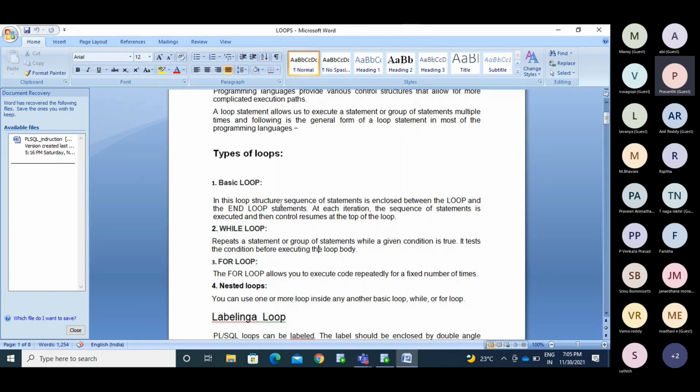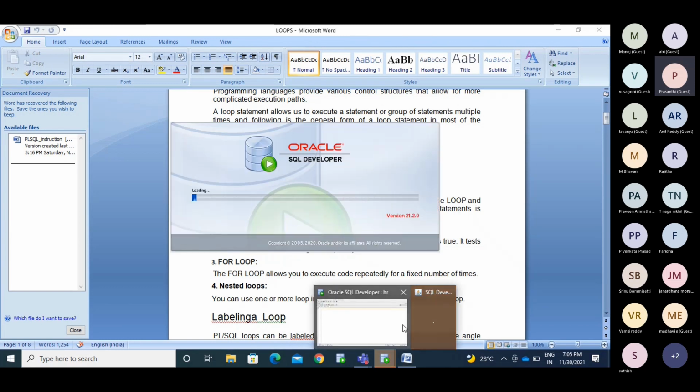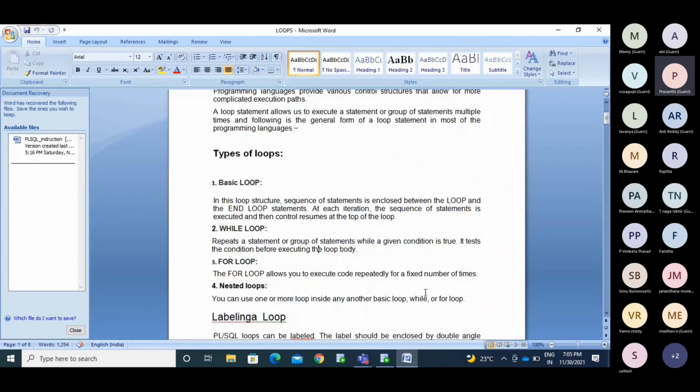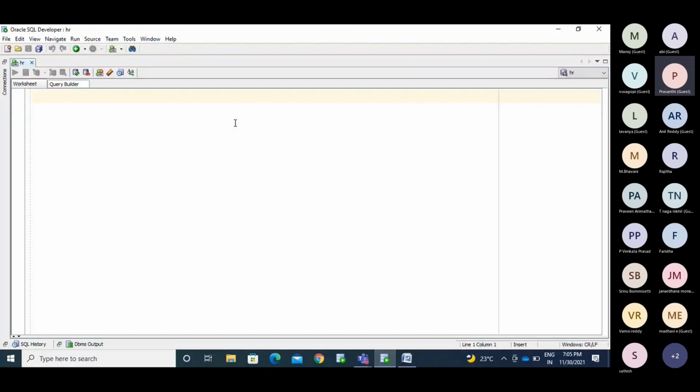In this loop structure, the sequence of statements is enclosed between LOOP and END LOOP. At each iteration, the sequence of statements is executed, and then control resumes at the top of the loop. The basic loop will look like this: in the main block you write the loop.